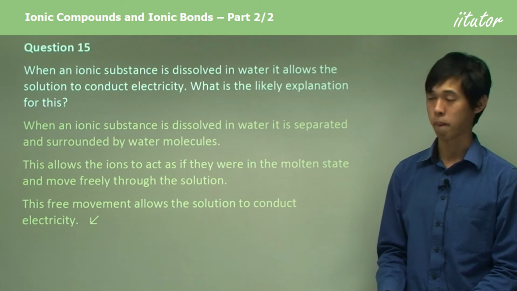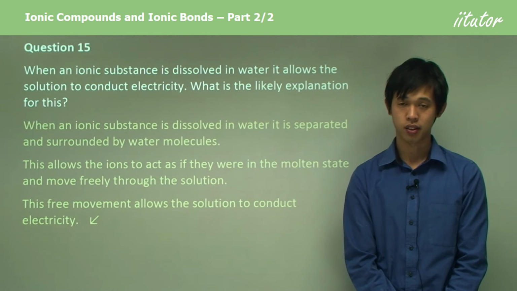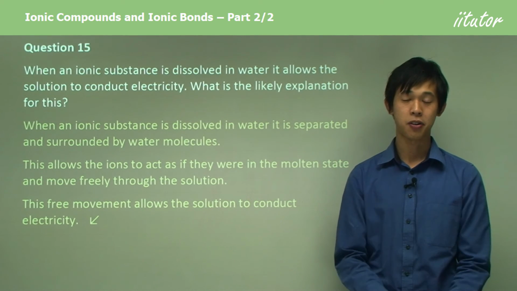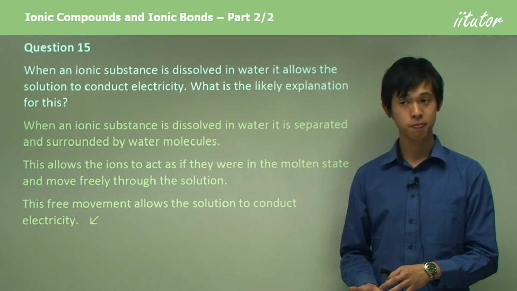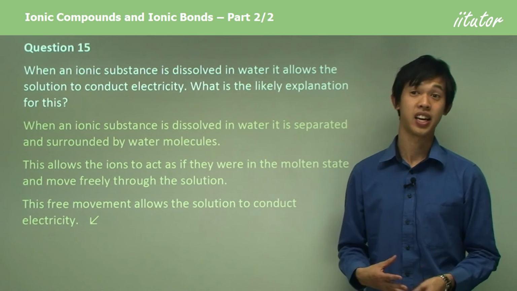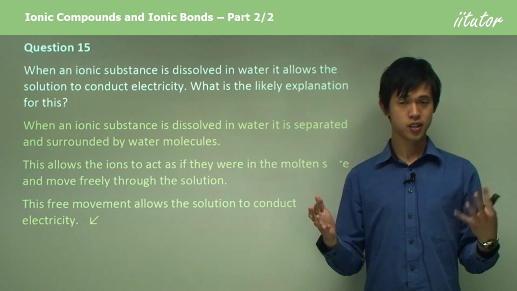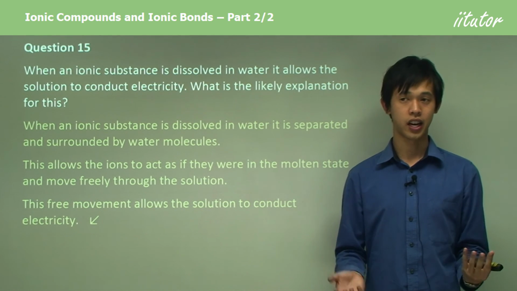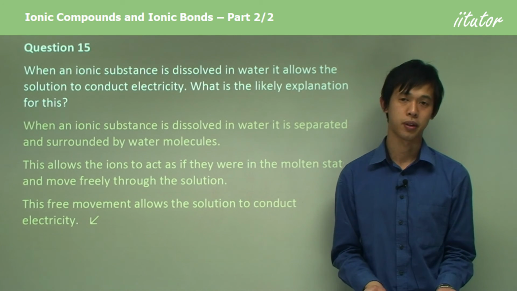which means that dissolving salts will allow you to improve the conductivity of water. So that concludes today's lesson on ionic bonding and ionic compounds. So we looked at how ionic bonding works, what is its structure, and where does it come from? And then in the question segment, we looked at how ionic bonding explains the properties of an ionic compound. So hopefully you can always tie those two things together, the theory and the application, and that will allow you to answer any question that you come across in chemistry.